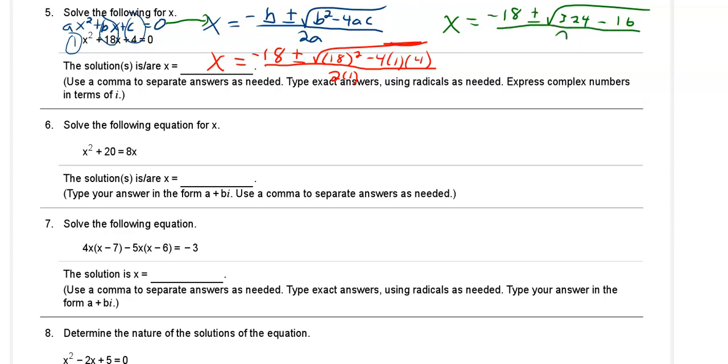Over 2 times 1, which is 2. Right? And then we'll take 324 minus 16. Now be careful not to say, oh, square root of 324 is 18, square root of 16 is 4. You cannot split the square root up over these two numbers because you are subtracting them. You can apply the square root separately if you're multiplying or dividing, but not adding or subtracting. So what we need to do is actually subtract these numbers first. We get x equals negative 18 plus or minus the square root of 308